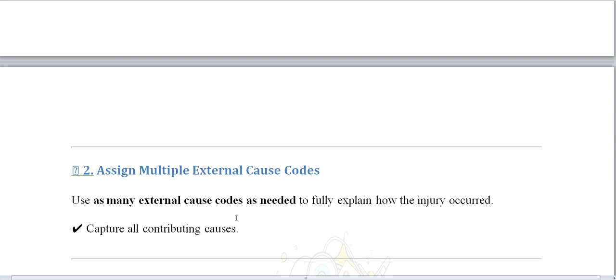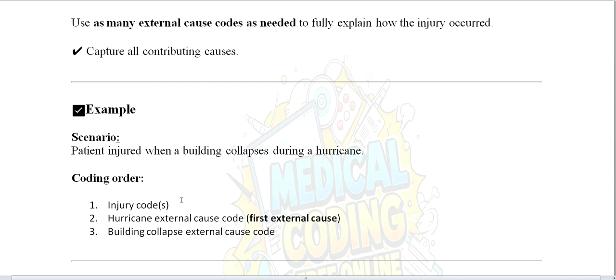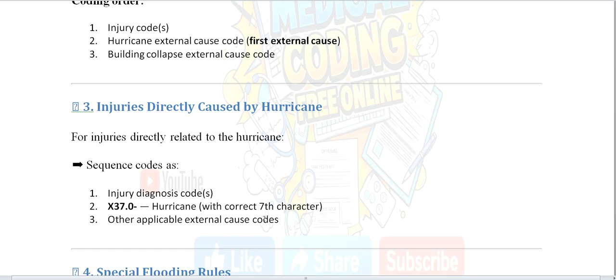Use as many external cause codes as needed to fully explain how the injury occurred. Capture all contributing causes. Example scenario: patient injured when building collapsed during the hurricane. Coding order: injury code, hurricane external cause code first, then the external cause code for the building collapse. Injuries directly caused by the hurricane: for injuries directly related to the hurricane, sequence the injury diagnosis code, then X37.0 hurricane with the correct 7th character, then other applicable external